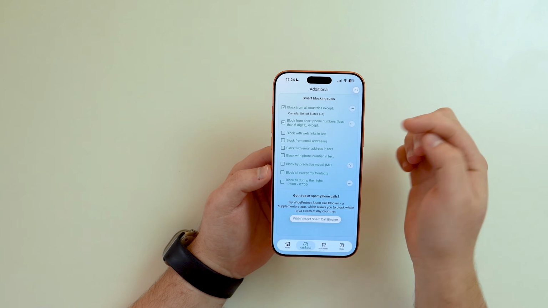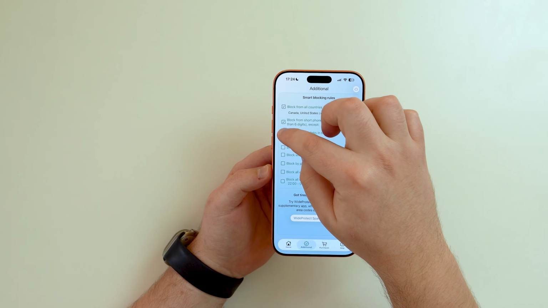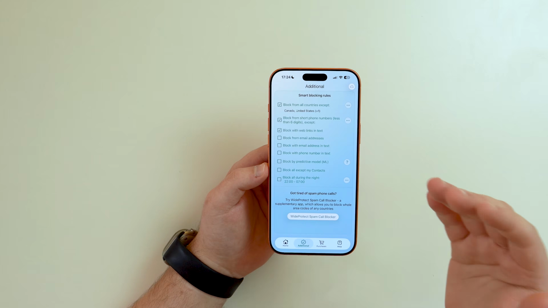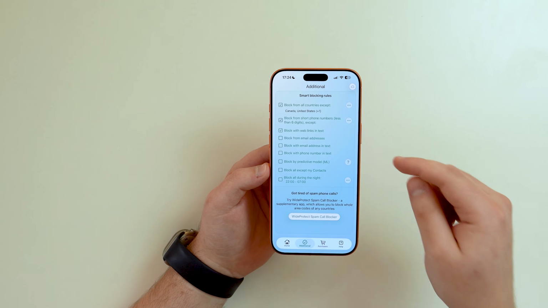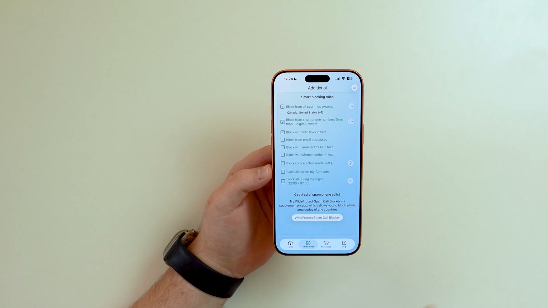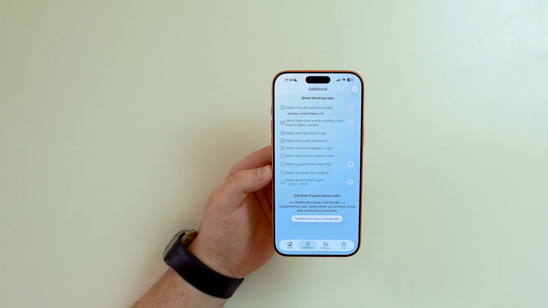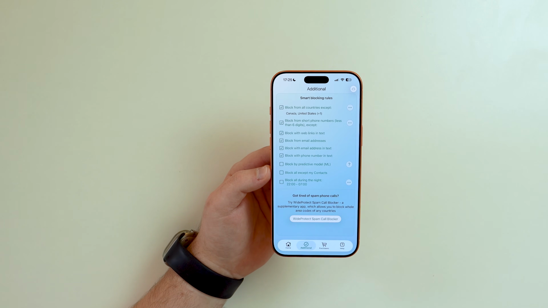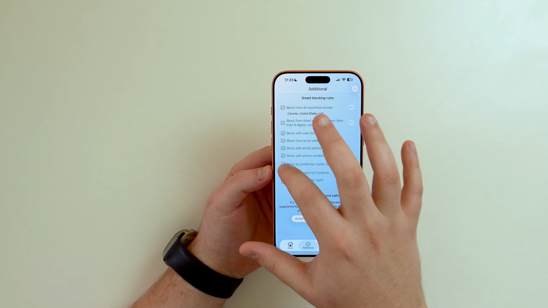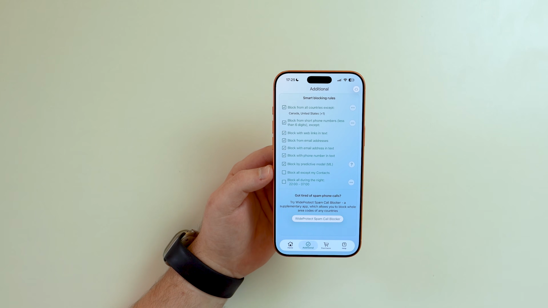We also have the possibility to block SMS texts that have web links. This is very important. So many scams actually happen from tapping on links in text messages. Again, block SMS texts that have email addresses in text. We also can block with phone number in text. So if somebody texts you with a phone number in it, this is generally a little bit weird, right? It could cause problems. So you can block all those text messages altogether,